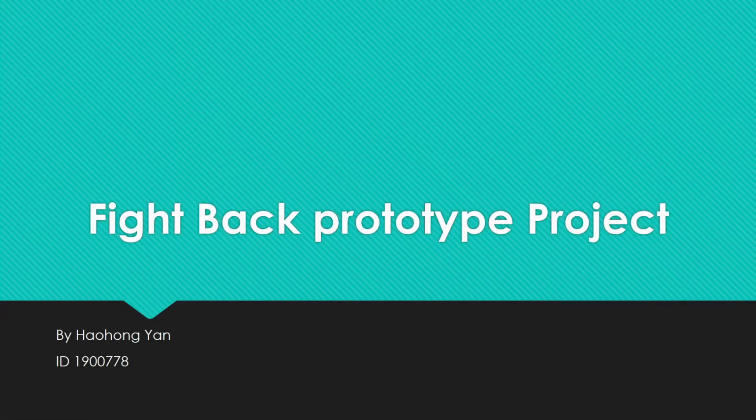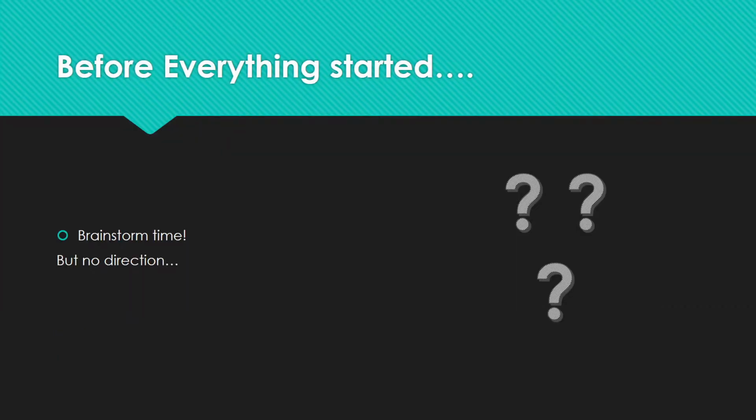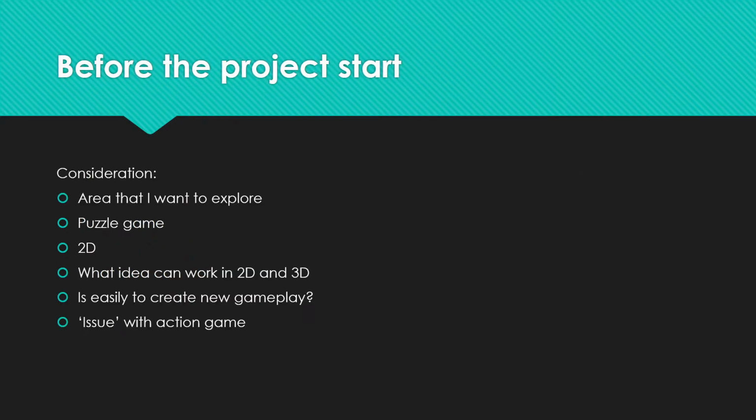This video will talk about how my project developed throughout the semesters. Before I started developing the project, the first step was to brainstorm some ideas that I wanted to make, but I didn't have much direction at the time. To help me come up with ideas, I created some constraints and directions to help me get an idea